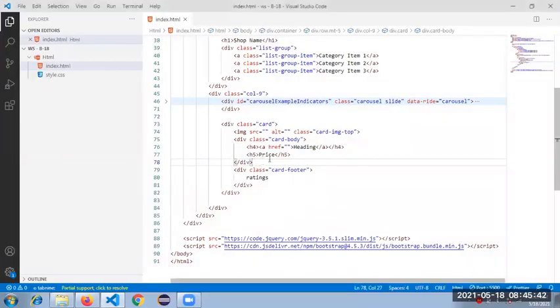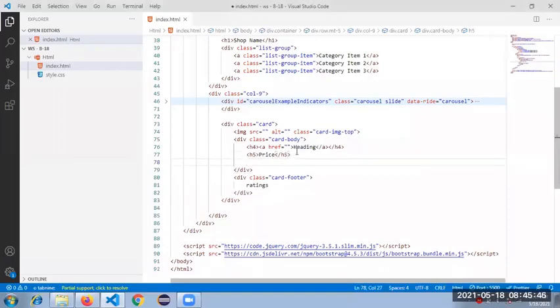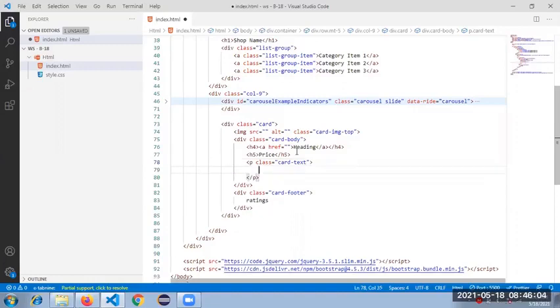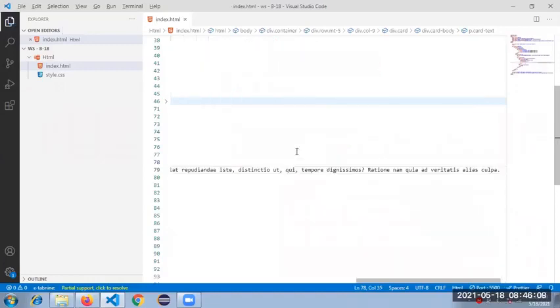Some text has to become, right? So a paragraph tag, the class we have to give here is card-text. Some lorem ipsum content I'm giving. Let me see how it looks now.